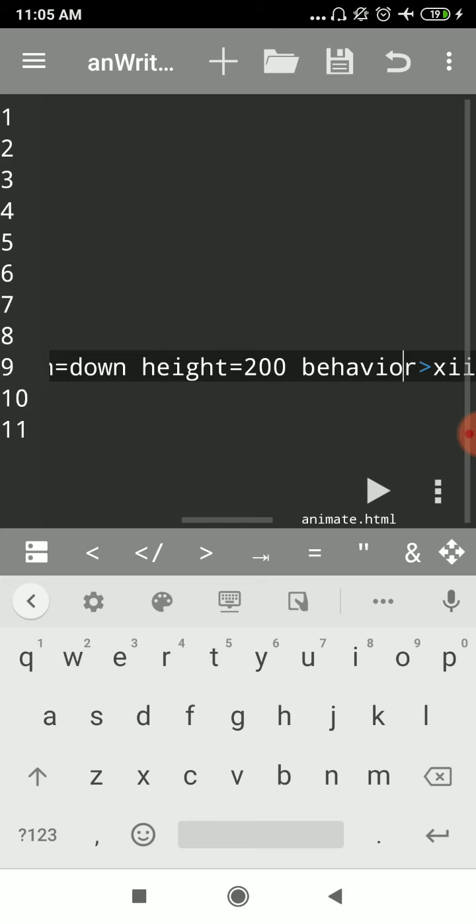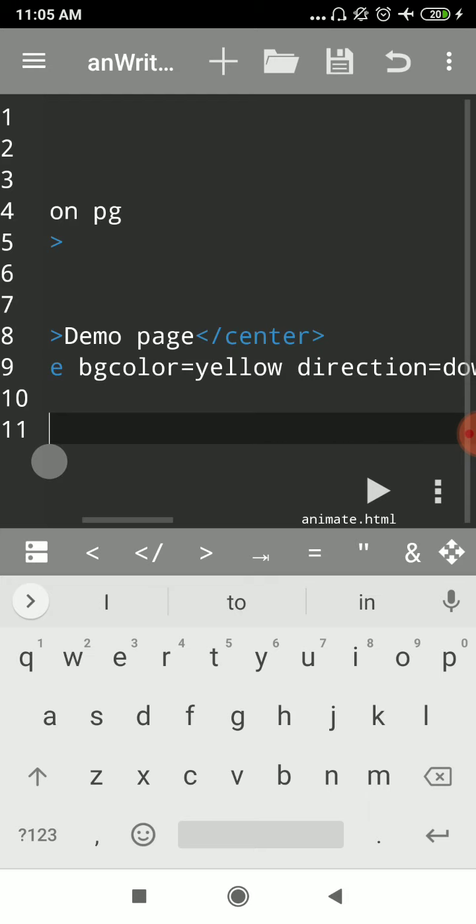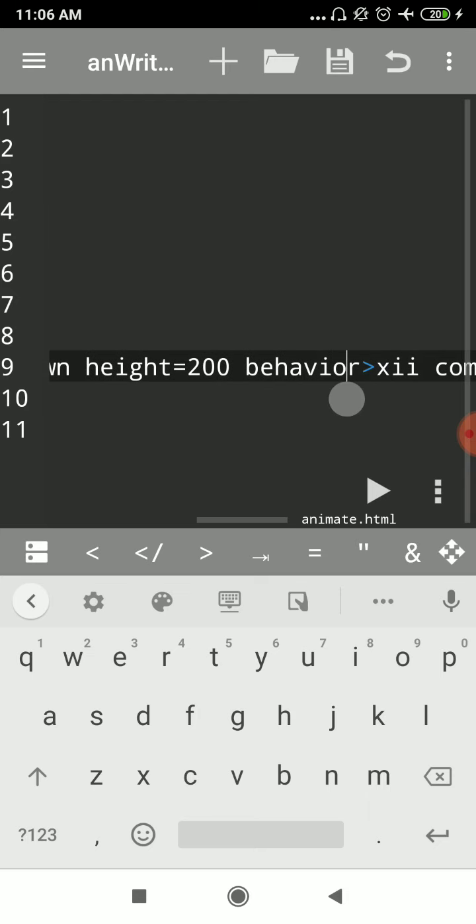Just like the center tag, where we write the spelling as CENTRE normally, in the coding we have to swap the E and R, so the correct tag name is CENTER. The same way for bgcolor, we don't write the U letter in color, and for behavior, same problem, we don't use the U letter.